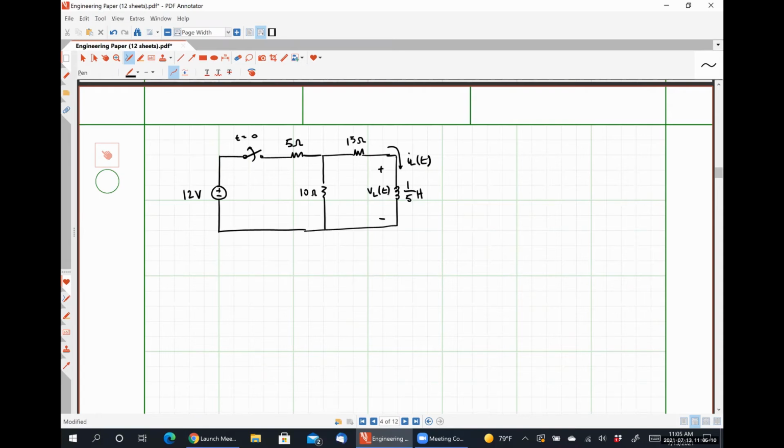VL of t. Okay. We're going to apply the exact same analysis steps that we did a moment ago, and again, we're going to wind up using our general expression to get our values. And then we can actually use our calculus-based relationships to verify things if we were so inclined. So if I analyze the circuit,